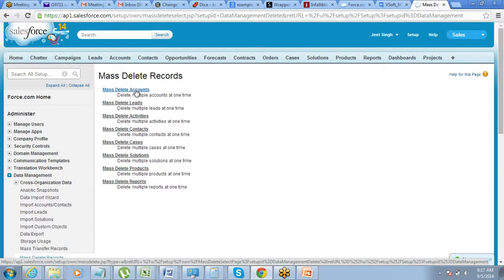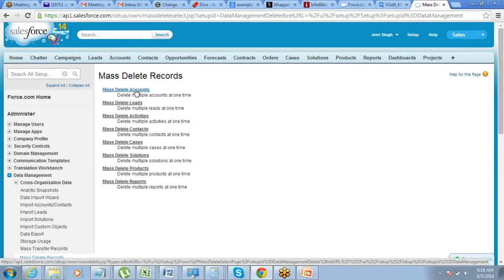Let's say I've been using Salesforce for 5 years, and in this 5 years, all sorts of data is there in the system, and you are running short of storage space. Now you want to delete the data which you earlier created, so delete in terms of remove that from Salesforce. Okay.